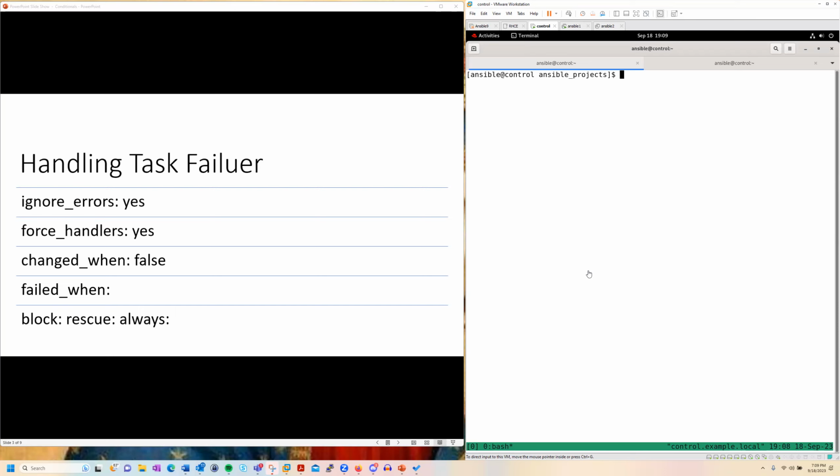In terms of the syntax, we're going to focus on 5 of them. We're going to focus on when to use ignore_errors and to set it to yes, so we can ignore the tasks that fail, and when to use force_handlers and select yes, so we can execute the tasks listed under a handlers section,